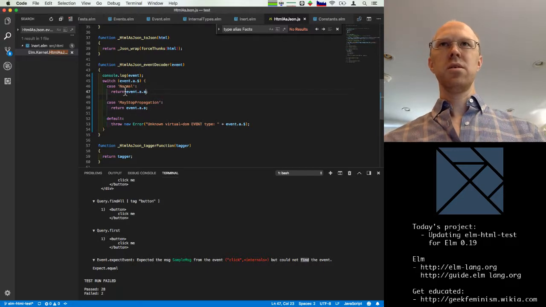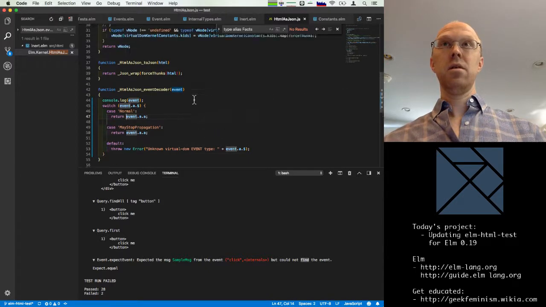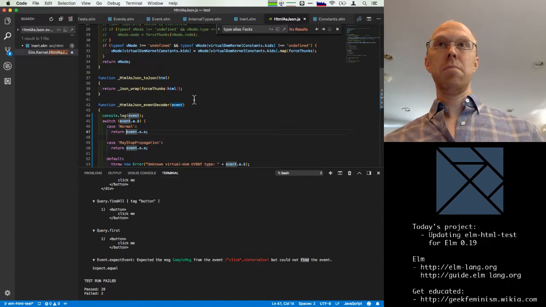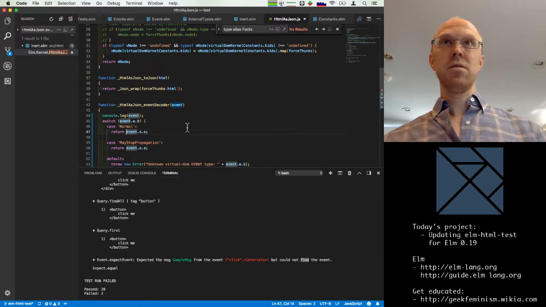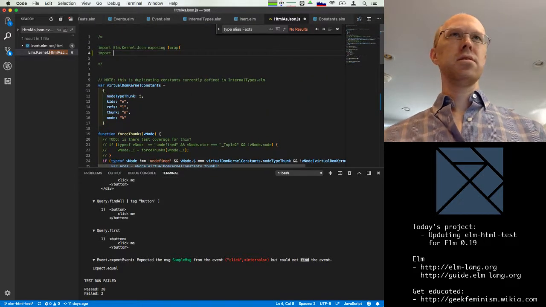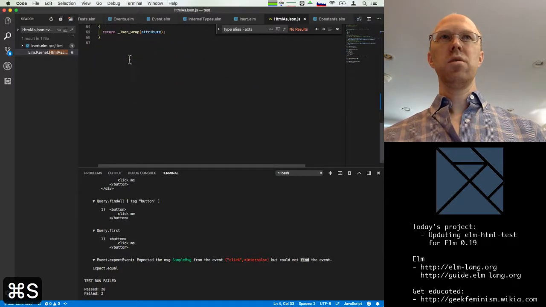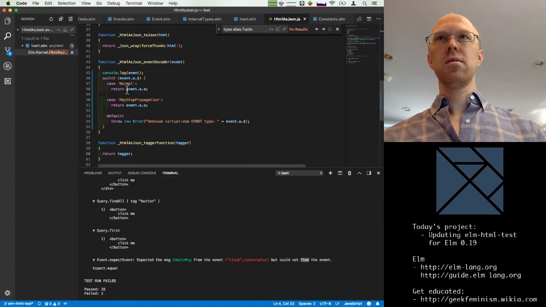So essentially we need to call decode.map here and turn this into a record with the right type. So I don't entirely know how this works for the kernel code, but I think we just need to import json.decode. I guess we also need to put exposing map, and then we can refer to it in here.